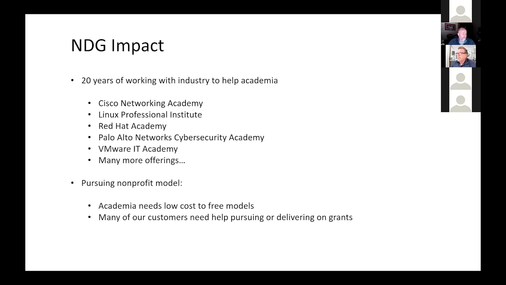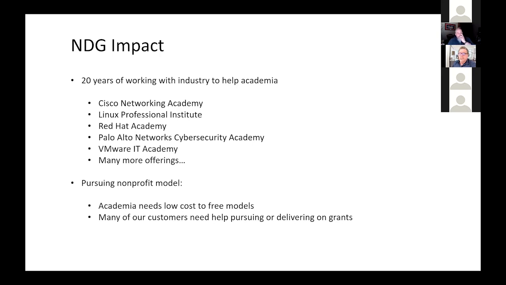So Cisco Network Academy has been excellent to work with. Linux Professional Institute is a nonprofit based in Canada. They are a certification organization, but they're a membership entity. Anyone that wants to be an open source professional, Linux Professional Institute does a really good job of trying to help people document their skills and then join a membership group. And they're moving on to things like DevOps and cybersecurity and open source areas other than Linux. So we hope to align to some of the other offerings they have over time.